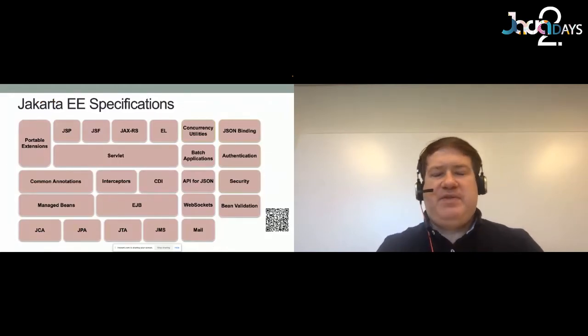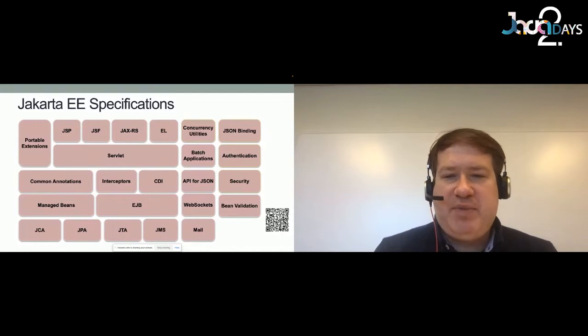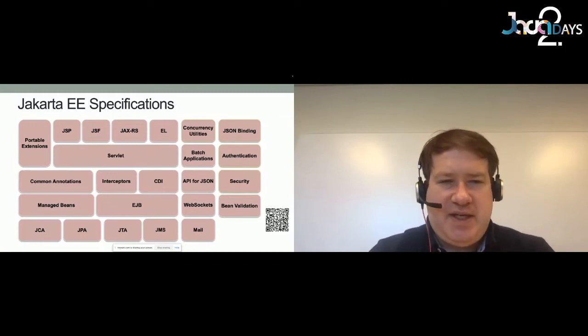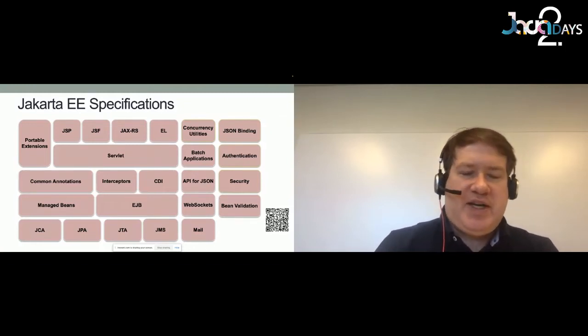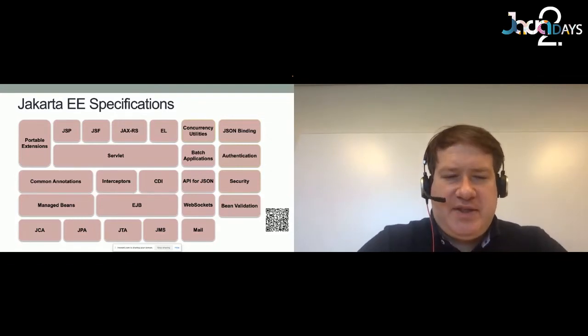The Jakarta EE specifications, as I alluded to in the intro slide, Jakarta EE is composed of a number of specifications, and you can use implementations of these independently. So if you have a simple command line application, you can use, for example, the JSON APIs for processing JSON. If you're writing a smaller web application, you can use CDI and servlets and JAX-RS to implement web services. So it's a huge collection of technologies. It's hard to know them all. It's such a large breadth of different technologies.